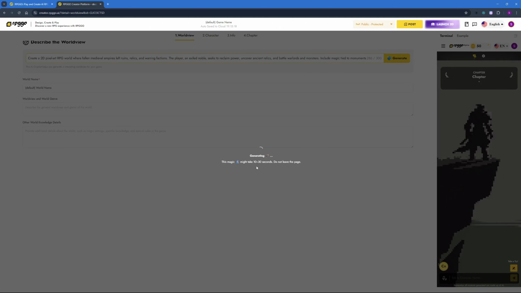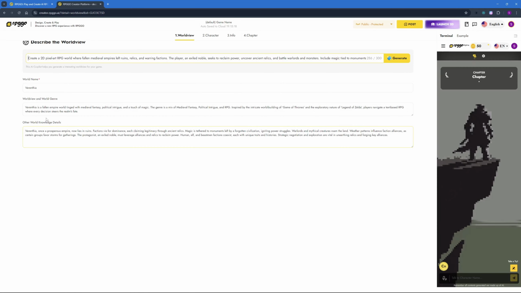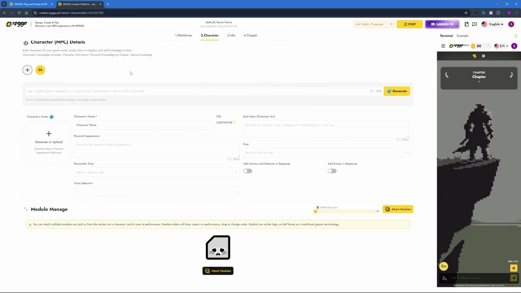This might take 10 to 30 seconds, so we have to wait. And they have a warning that we should not leave this page. So once we have everything done, just hit OK. And there you go. So we have the game name, which is Varinthia. That's cool. We have the worldview and world genre, and other world knowledge, as well as if you go to characters,